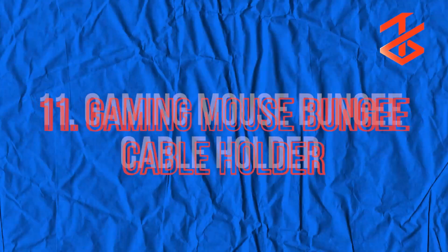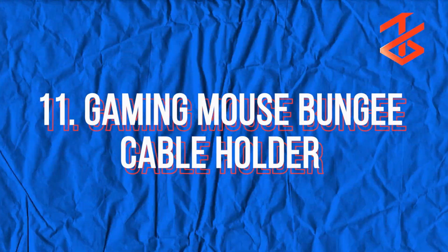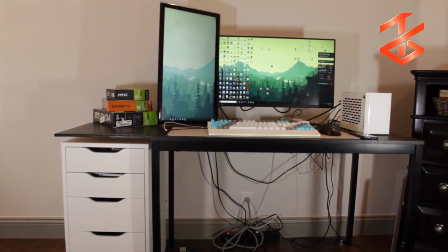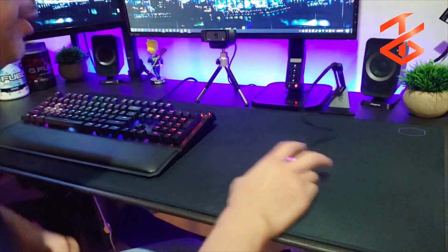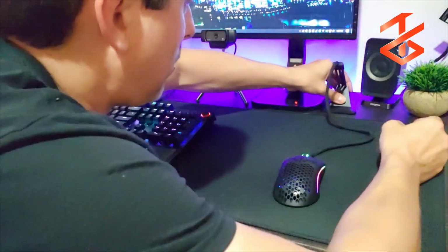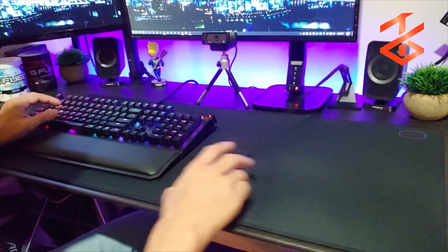Number 11. Gaming Mouse Bungee Cable Holder. The clutter of cords around a computer is particularly bothersome for those who use it for gaming. This mouse cable holder is a handy solution that also offers other benefits. This device will make sure that your cable doesn't get in the way when it's least convenient. There are a number of springs built into the arm that holds your mouse, allowing for effortless and natural movement,